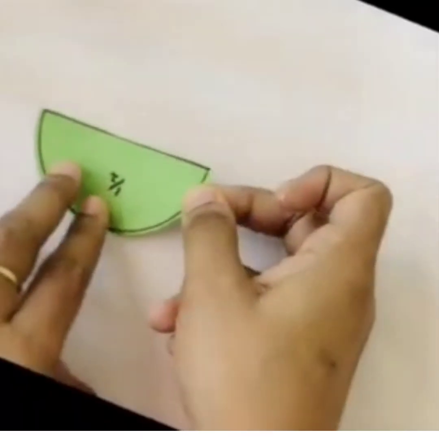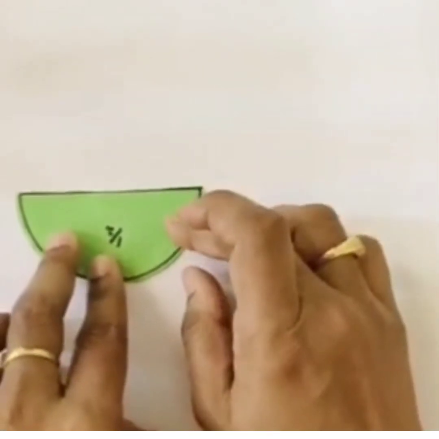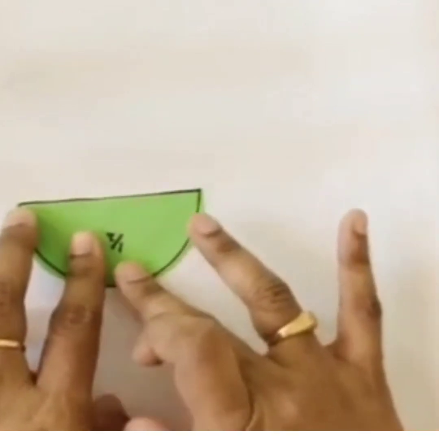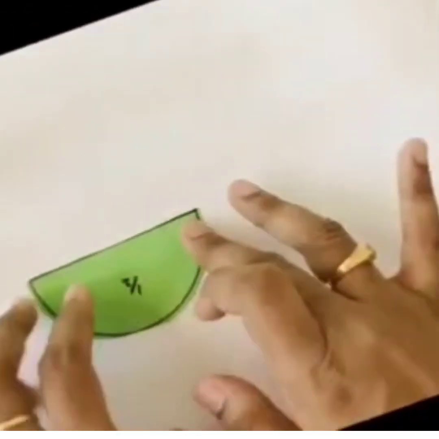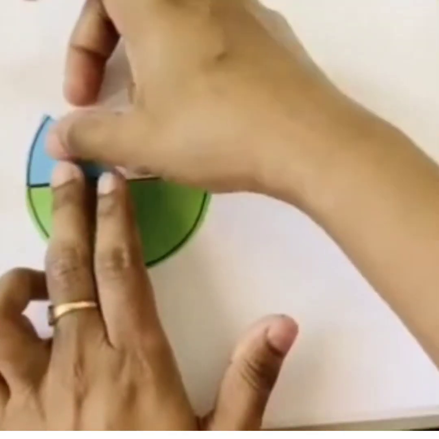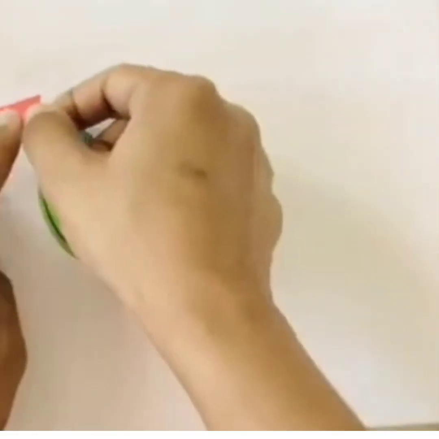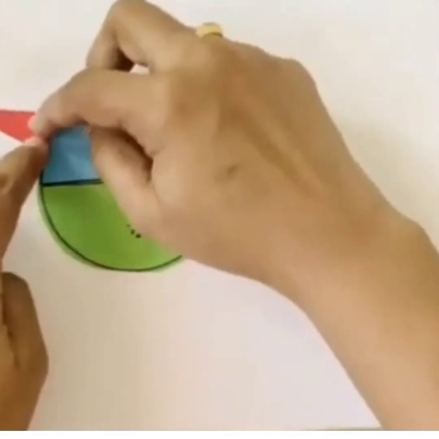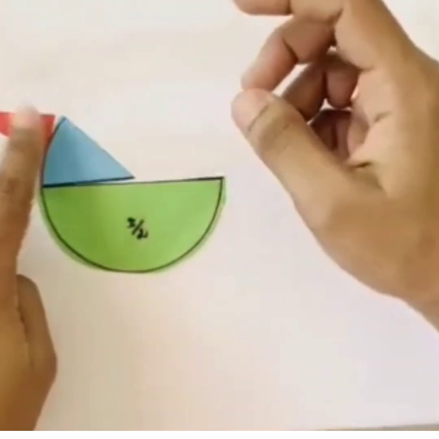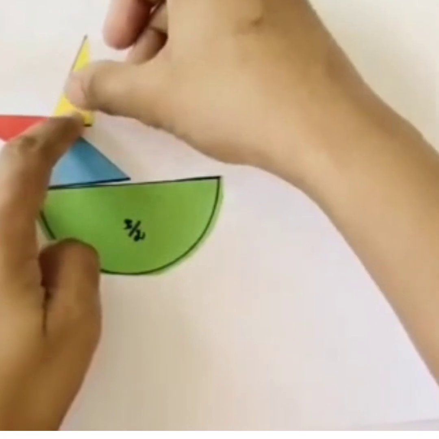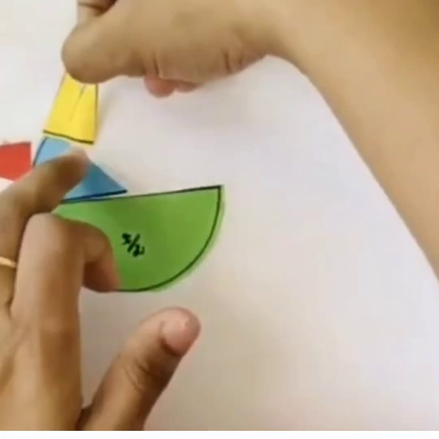Firstly we will take the 1 upon 2 part of the circle, and you will paste it like I am pasting it, you can see here. Now you will take a 1 upon 8 part of a circle and paste it like this. Now you will take 1 upon 16 part of a circle, and you can see here how I am pasting it. Now again 1 upon 16 part, you will paste it like this.